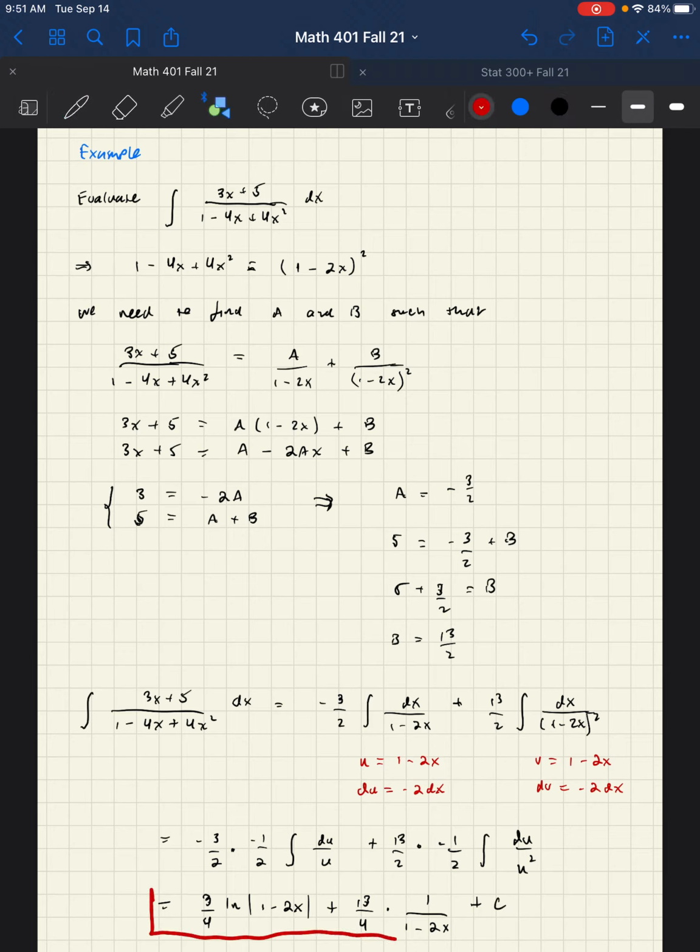And that's our integral, or antiderivative, I should say. Okay, in the next video, we're going to introduce the next case, case 3, irreducible